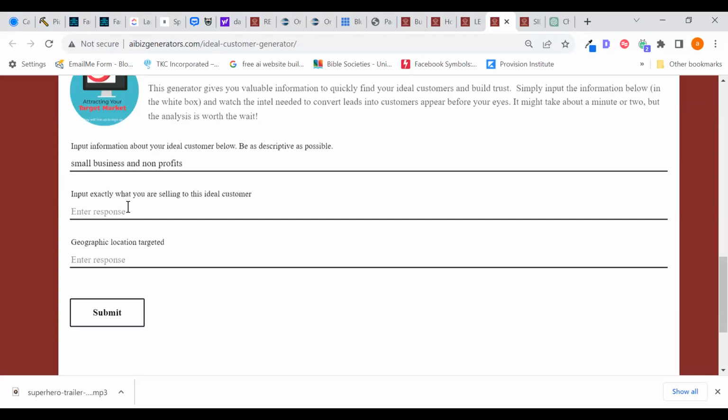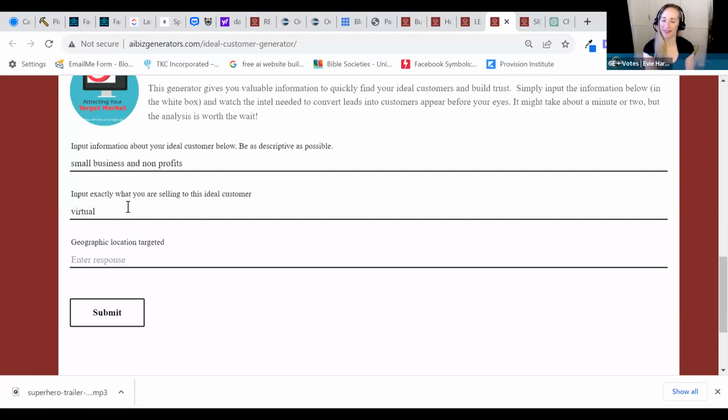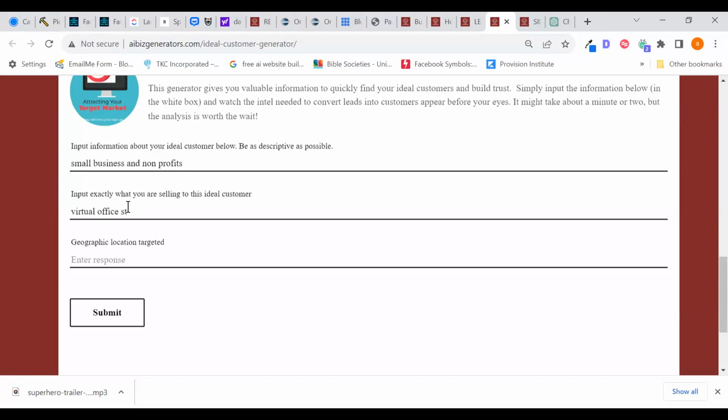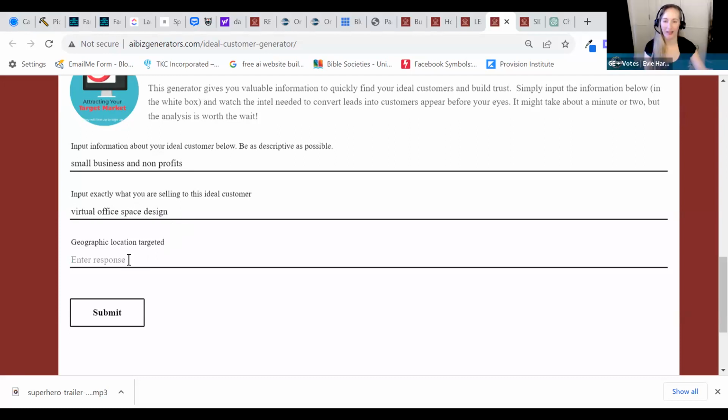Okay. And you're going to be selling virtual office space, right? Virtual office space design. That's pretty interesting. I never heard of that, space design. Okay. And what area are you going to target? Everyone who can get on a computer, but for the interest of what you're doing, I'll just say the United